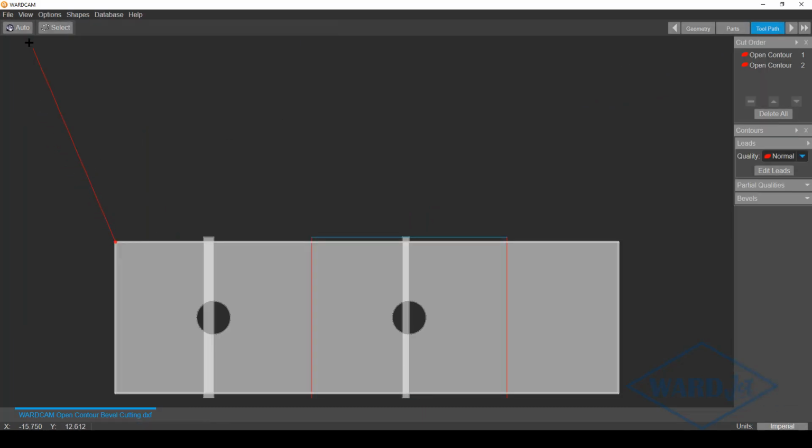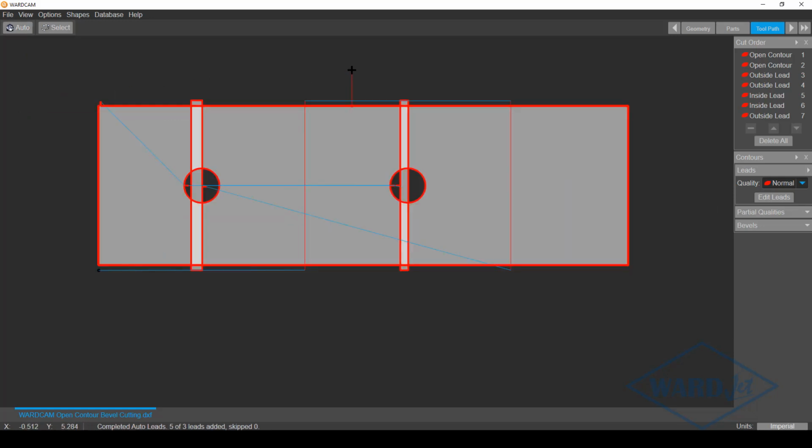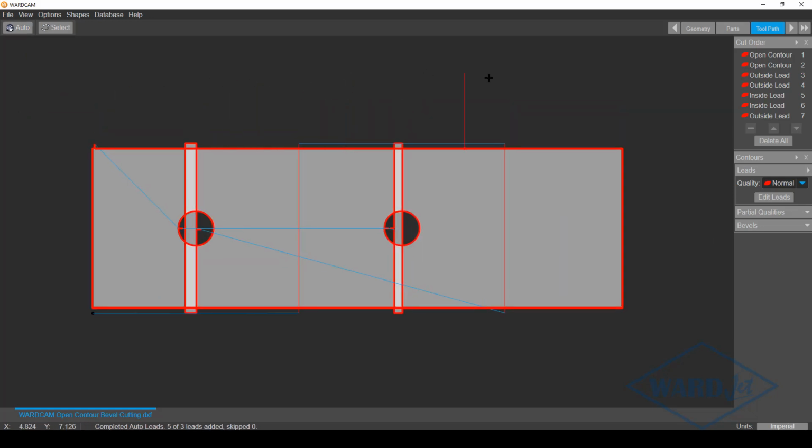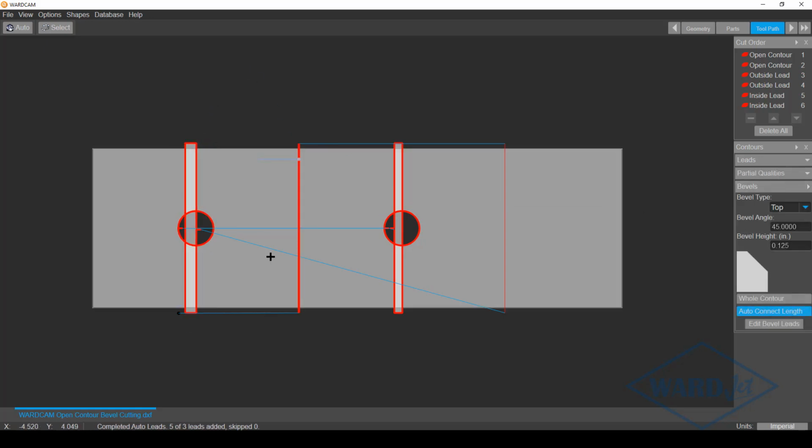Hit my next button, top left hand corner, click on the auto button, adds all the vertical cuts on all the geometries that it finds. We're going to delete the outside cut because we're not going to cut that since we're doing this out of bar stock. Now for the bevel cuts, since these are now closed geometries, I can add a bevel cut to